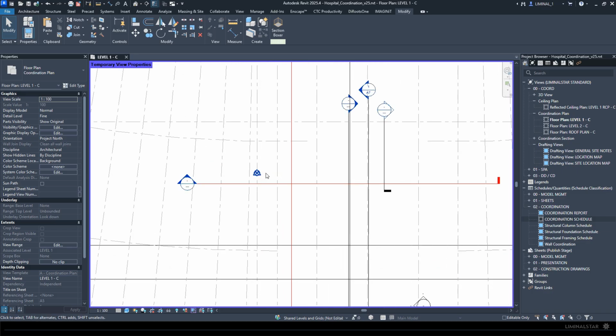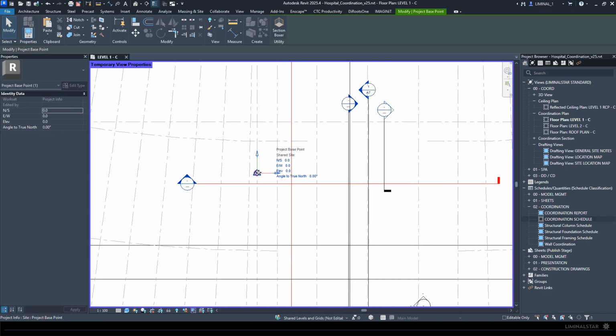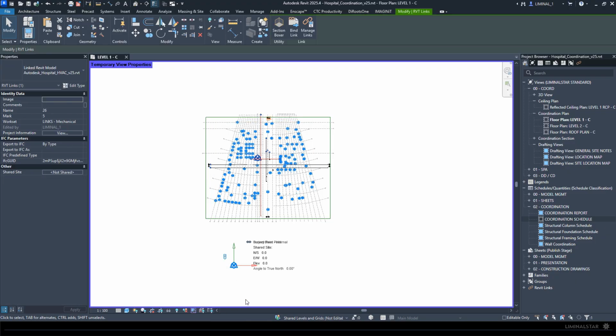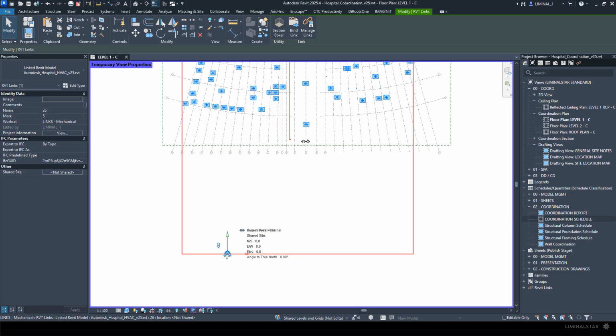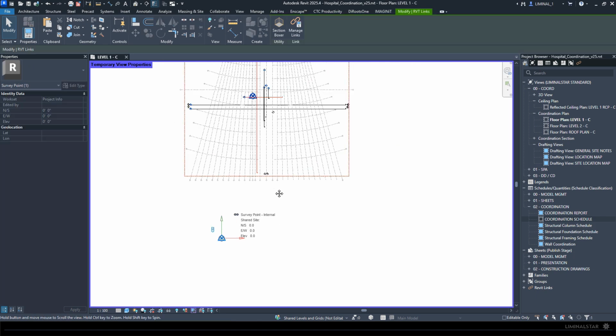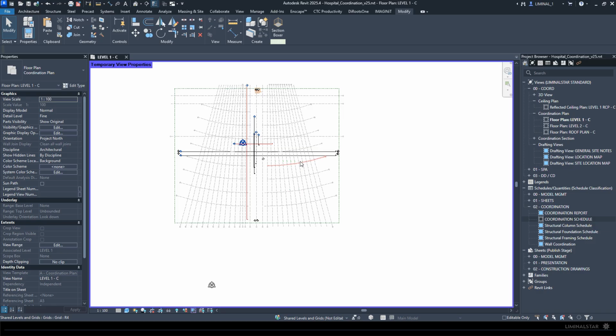So here's my project base point, right here, 0 zeros, right? And then here's the project base point from the mechanical model. If we cycle through that at the lower portion of the screen, you can't see anything but the mechanical model when we select this. So I would need to kind of isolate the structure, see where that is, right? But the important point that I'm trying to make is this is a point of conversation for our next coordination